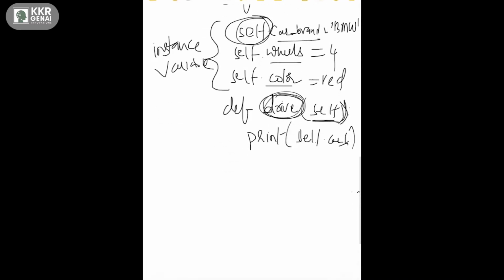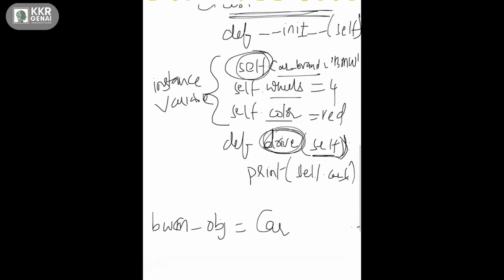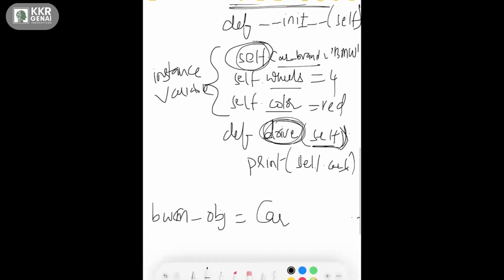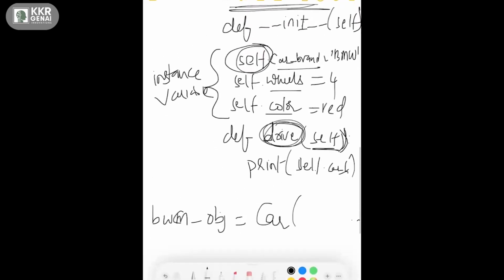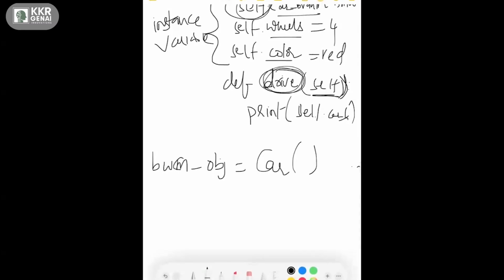So if I create an object, BMW underscore object, which is equal to car, I'll call it without any values because I'm not passing any values to my constructor.